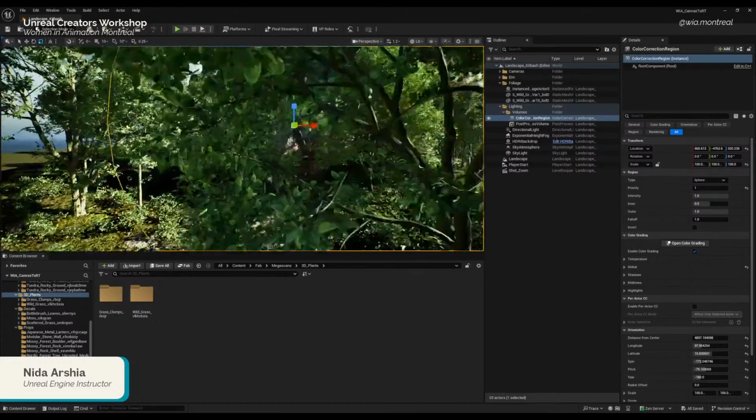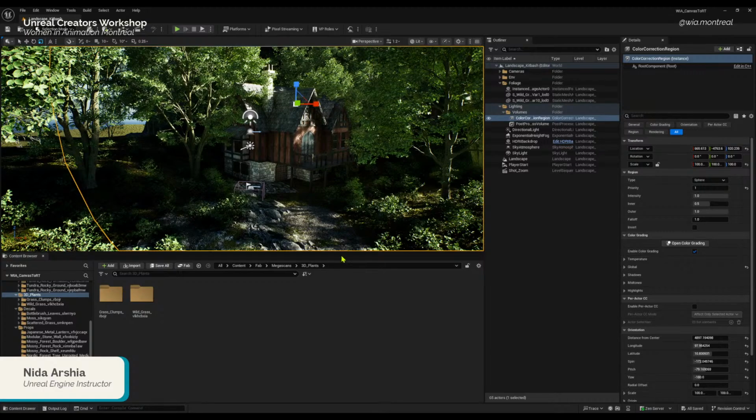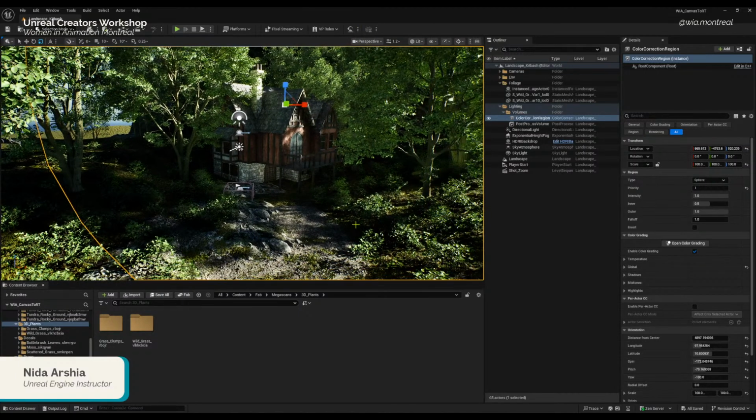So when you want to see the final thing, you just toggle G on the keyboard. Okay, now let's look at some of the tools here before we start with the next section.